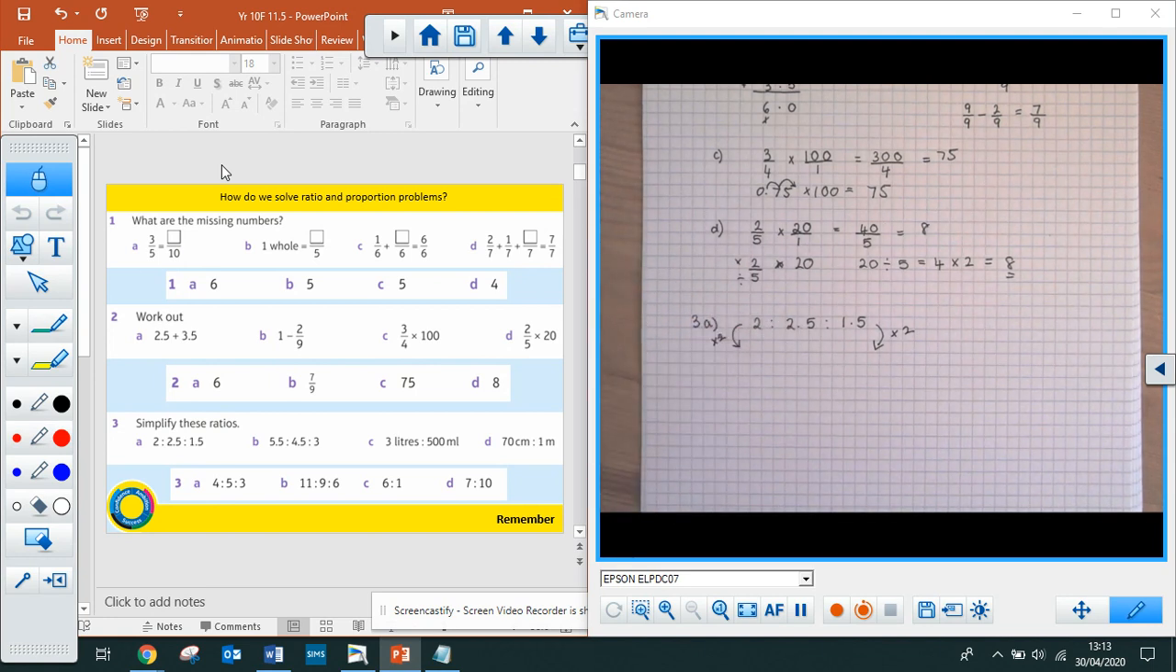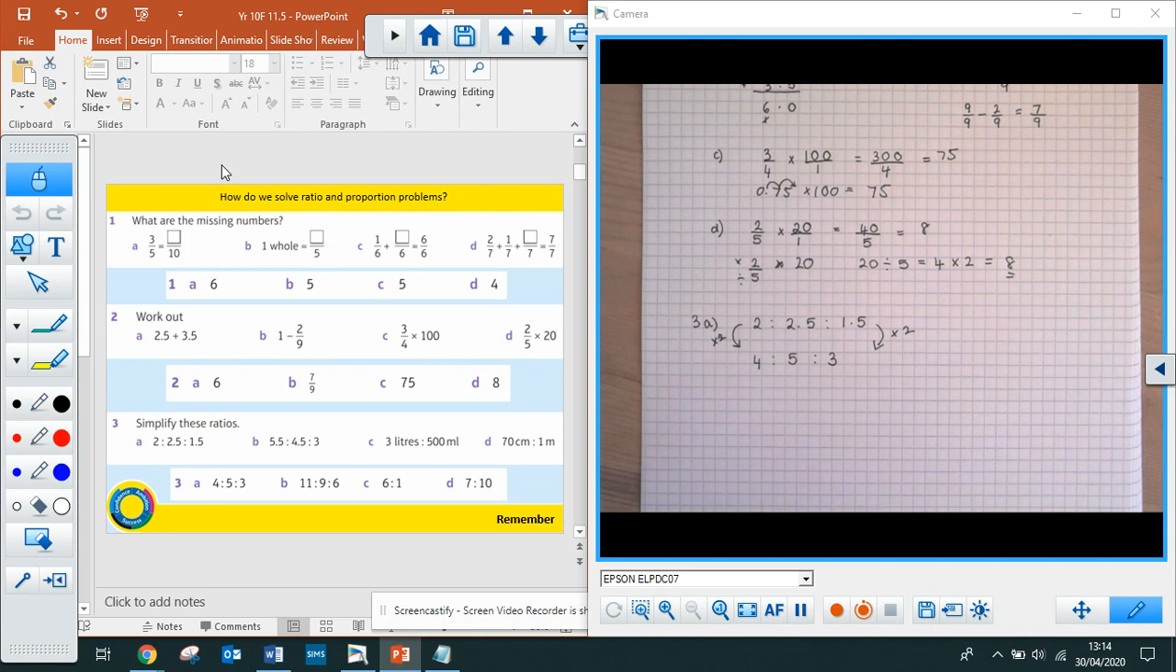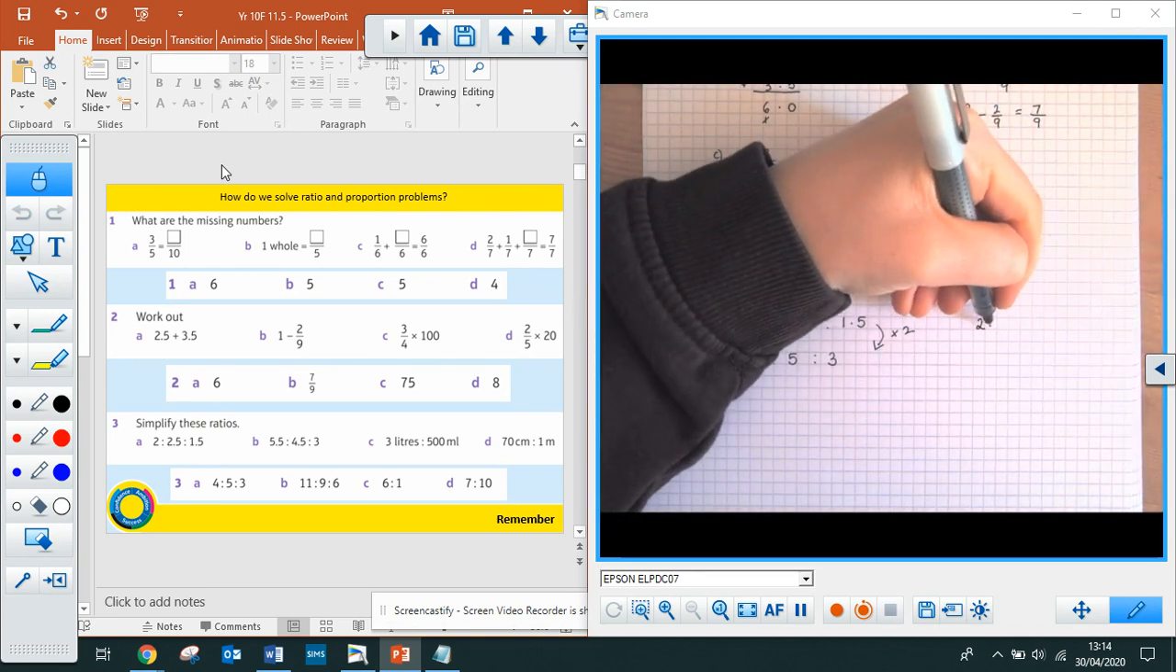because they end in 0.5. 2 times 2 is 4. 2.5 times 2 is 5. And 1.5 times 2 is 3. Okay? And that is my answer in its simplest form. The other way you could have done it, if I rewrite it here,